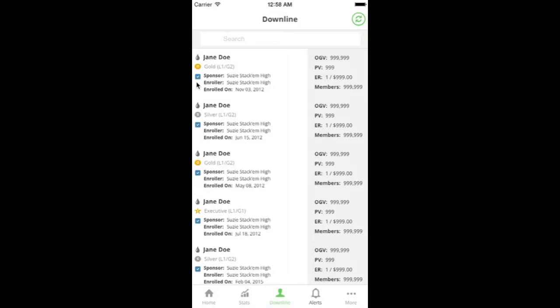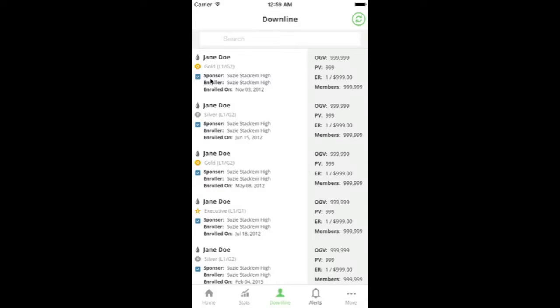But when you look in the VO, for whatever reason, their ER order is not flagged as processed. So sometimes that flag is a little bit delayed beyond when the order actually ships, I guess, from Young Living. So it's just a little tip to take note of. If you don't see your Rising Star bonus and you think you should have it, make sure that these check boxes are checked on yourself and those people in your level 1 that you are expecting to help you qualify